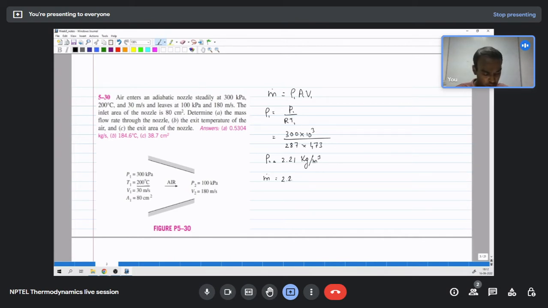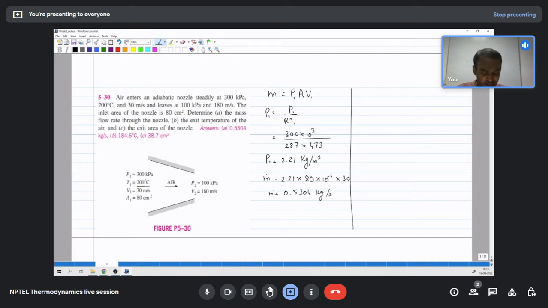Rho is 2.21 into area, which is 80 centimeter square, so it is 80 into 10 power minus 4 meter square, and velocity we have 30. So this is 0.5304 kg per second. So this is about the first part of the problem, and to calculate the second part, which is the exit